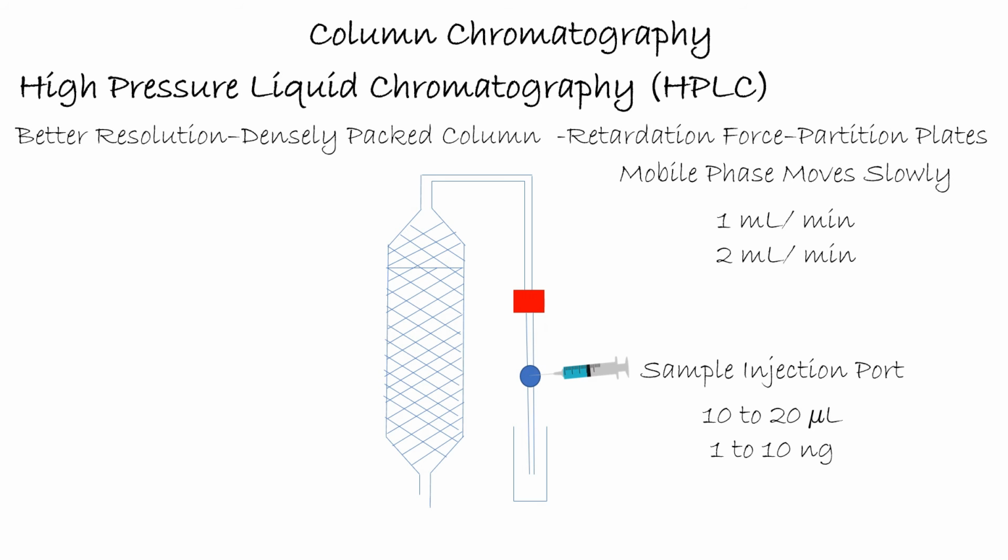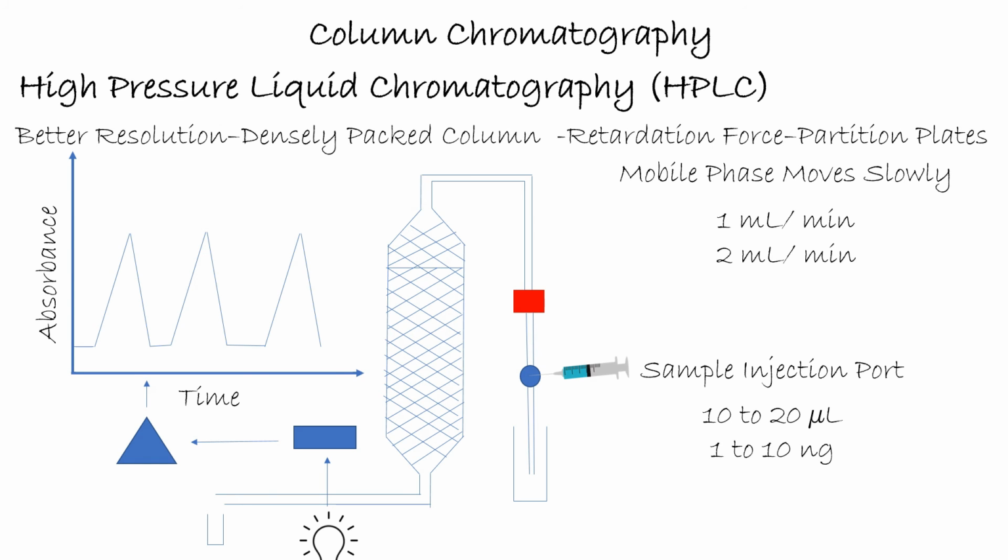We can also put a detection system towards the elution site. Suppose we have a light source at a particular wavelength and we place a detector that collects the signal and sends it to the processor, which processes it and passes it to the computer, and we get an absorbance versus time graph like this. Now, when only solvent passes through the detector, we get absorption due to the mobile phase only. We consider this absorption as baseline or zero absorbance, and when we inject a sample containing A, B and C,